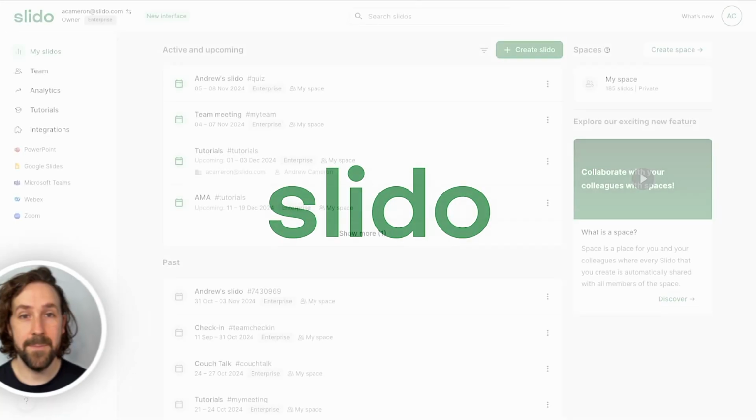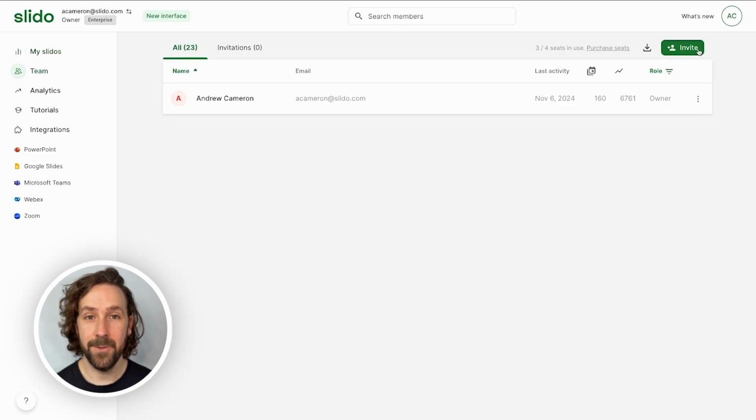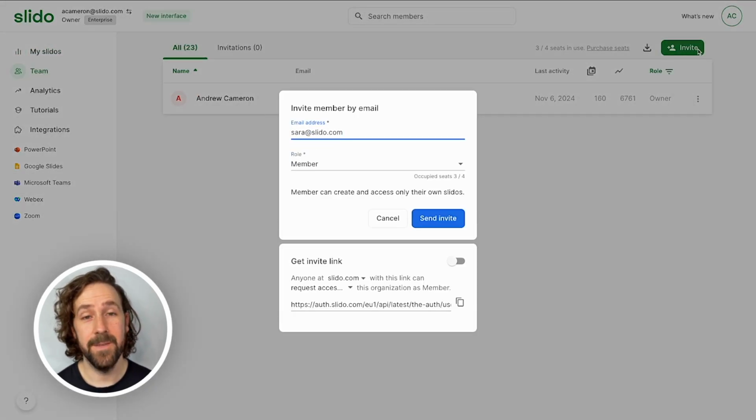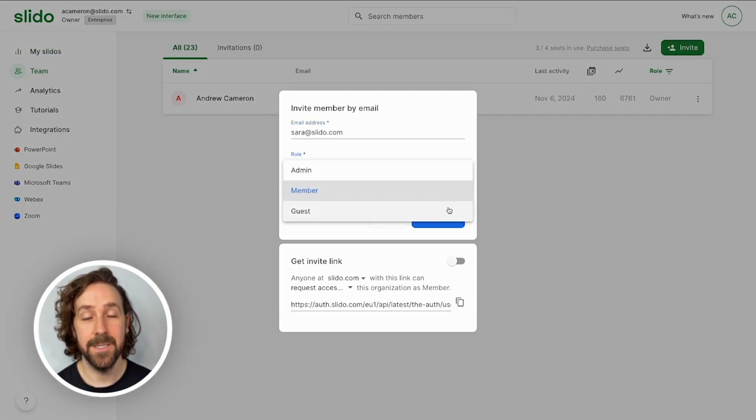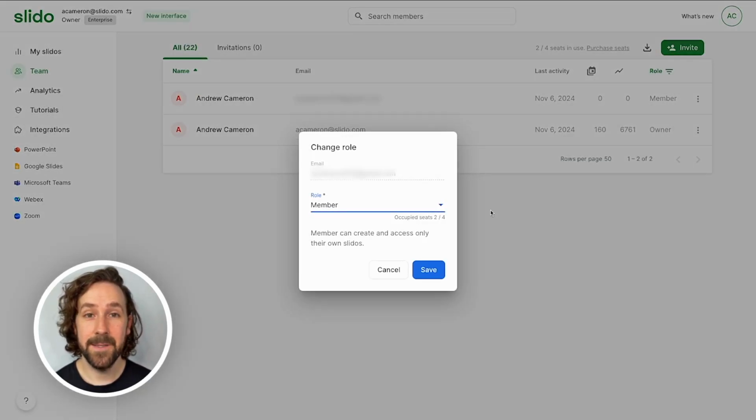To add more members to your license so that they can create and run their own Slidos, head to the team menu and invite your new members. And once they accept your invitation, they'll be automatically added to your license. License members can be owners, admins, or members, each with unique access rights to make sure that your Slido setup